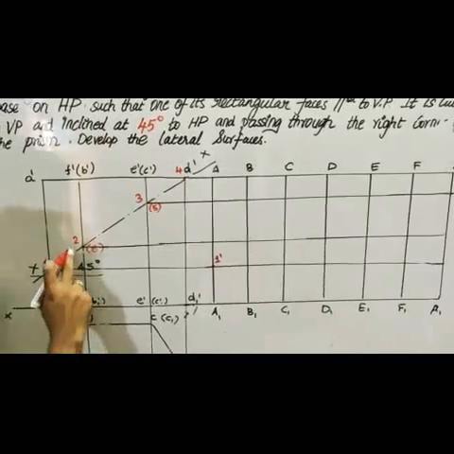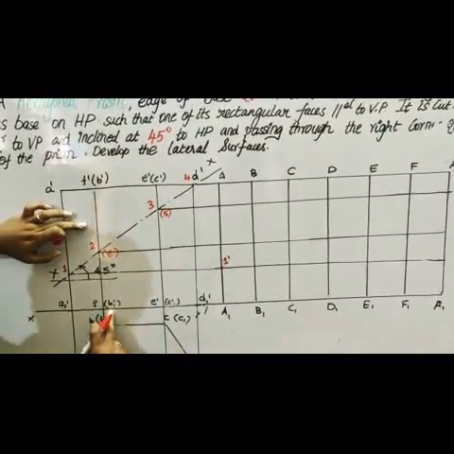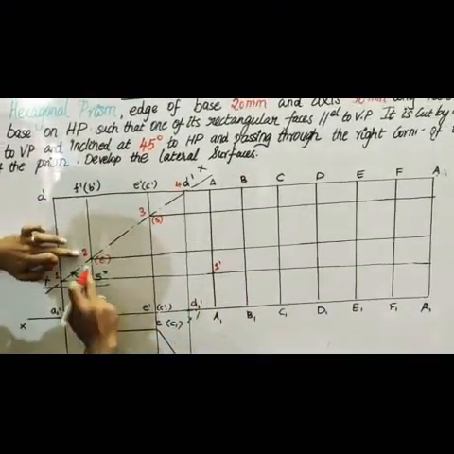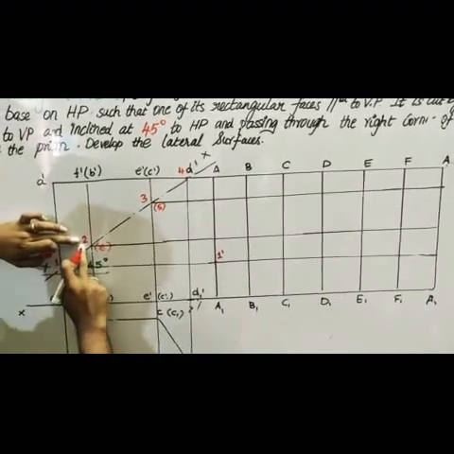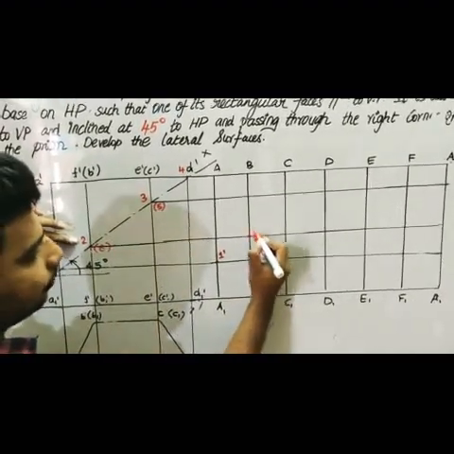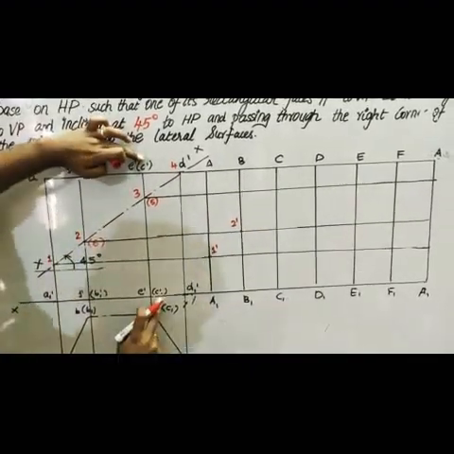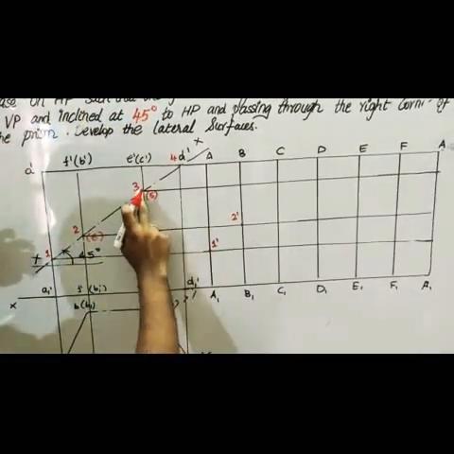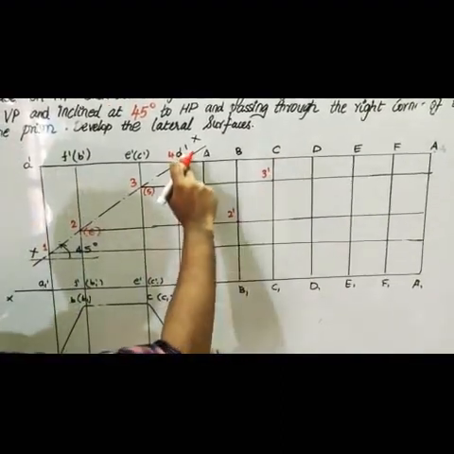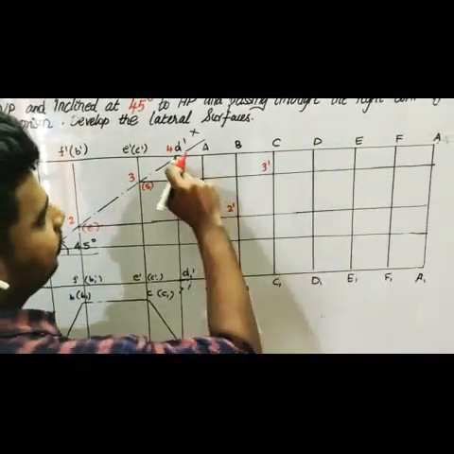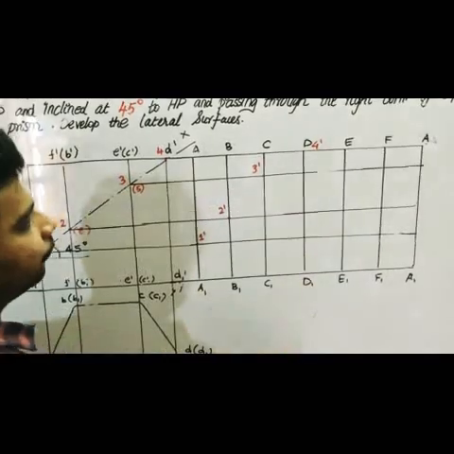Right? On the F dash, B dash and B1 dash line, which is cut by point 6 or point 2, you can take it as point number 2 dash. And again C dash, C1 dash, which is cut by point 3. So this is your 3 dash. And this is D dash, D1 dash, which is cut by point number 4, which is here, that is your 4 dash.